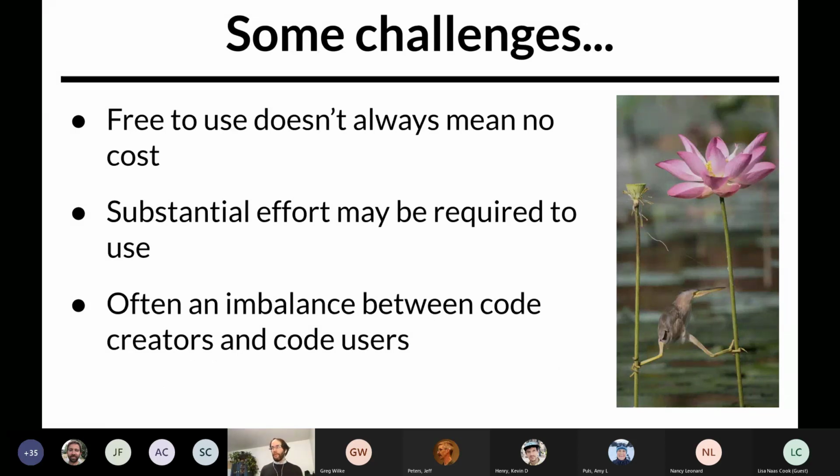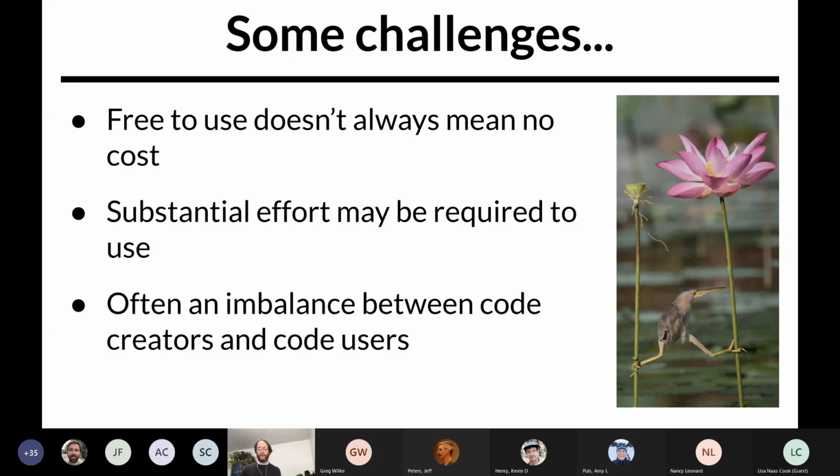Building with open source also comes with a few challenges. One of the biggest myths around open source is that it's free. And while it's usually free to use, there may be substantial effort required to put together different building blocks into a full application. It may be substantially cheaper in the long run compared to a commercial solution, depending on where your costs are. You can scale it up without needing to pay additional licensing costs. And you aren't forced to upgrade your application as the commercial vendor replaces existing products with newer and different versions.